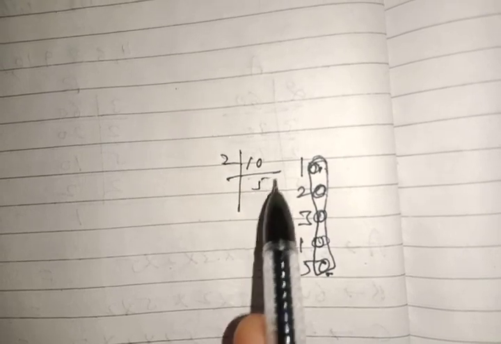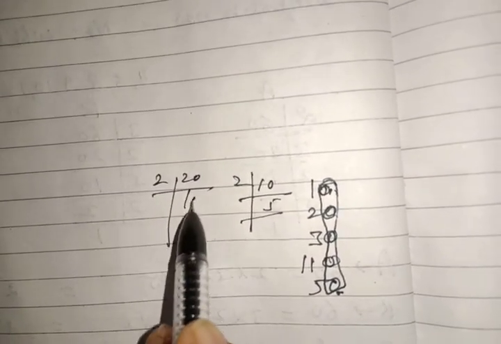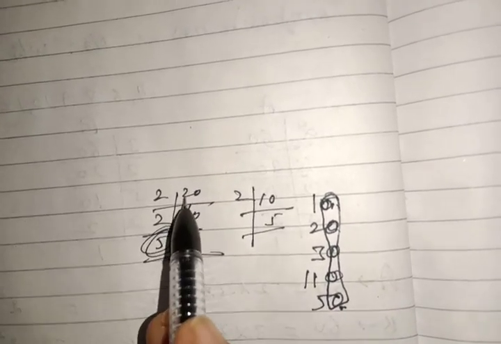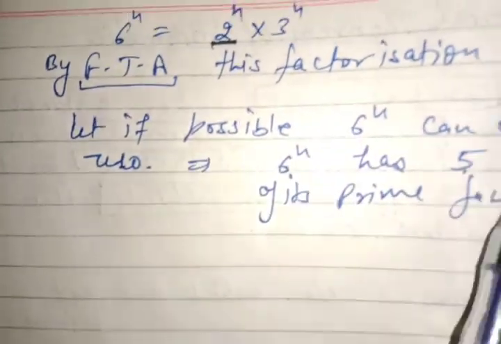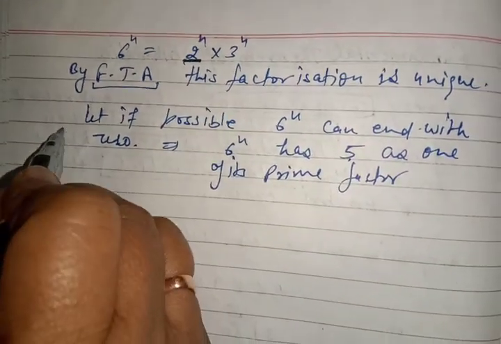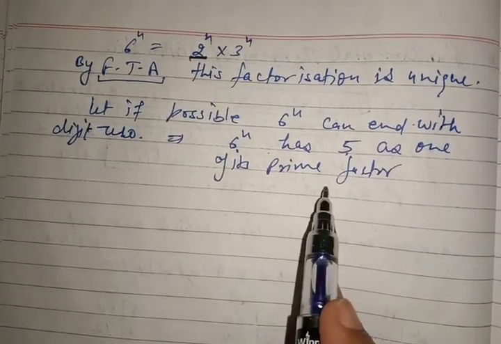If some number ends with 0, it means 5 is one of its factors. You can see, if I find the prime factors of 10, it is 2 and then 5. If I find the prime factors of 20, it is 2, 2, and again 5. 5 is always there when a number ends with 0. So we suppose that 6n can end with digit 0. So 6n has 5 as one of its factors, but